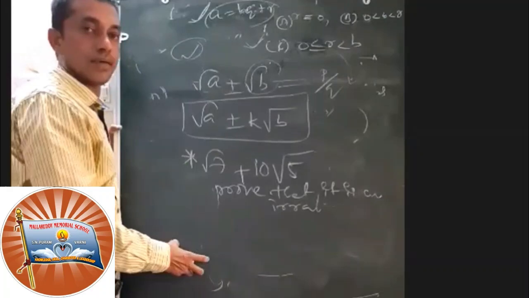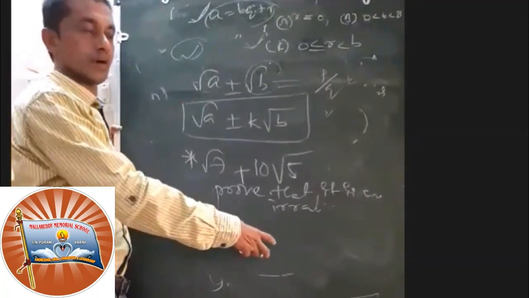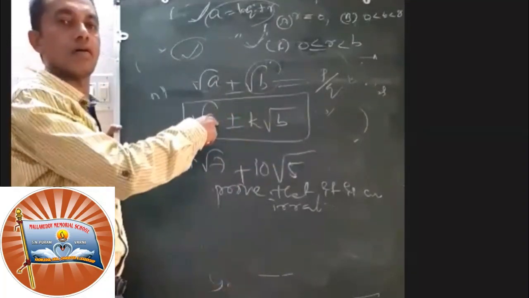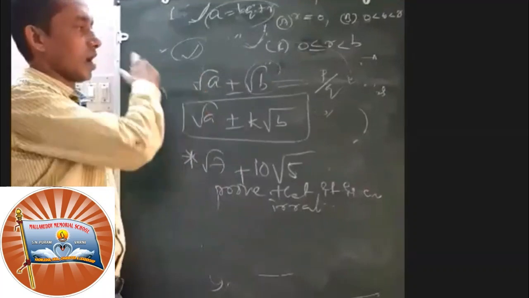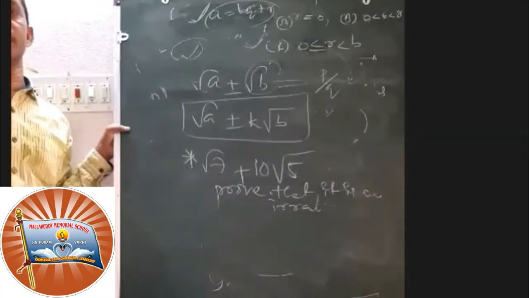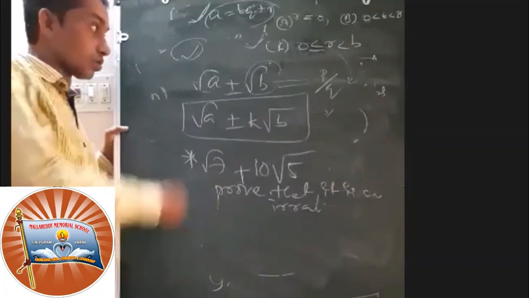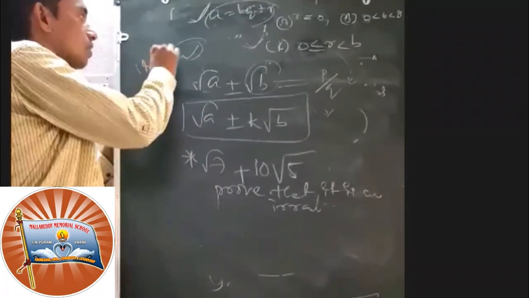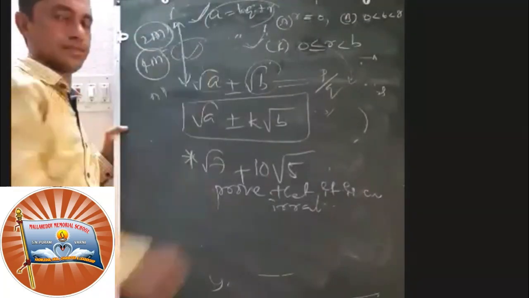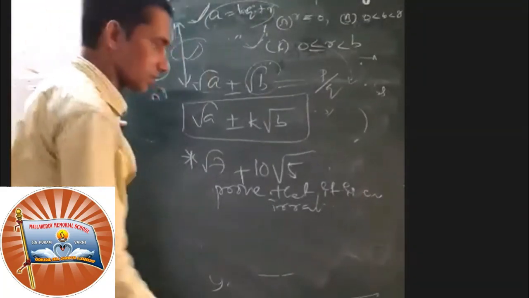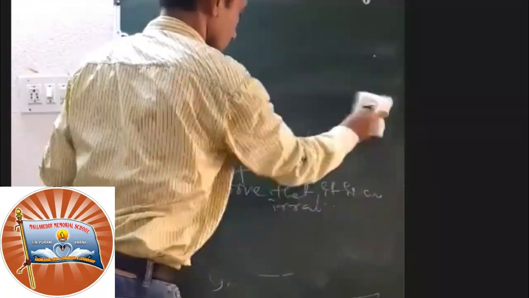Then what do you say? An irrational number is never equal to a rational number. Hence, our assumption is wrong, it is a contradiction. Then the given form root a plus root b is an irrational number. So you will get a 4-mark or 2-mark question from these two concepts. Understand? So this is one kind of question you may get in the chapter.